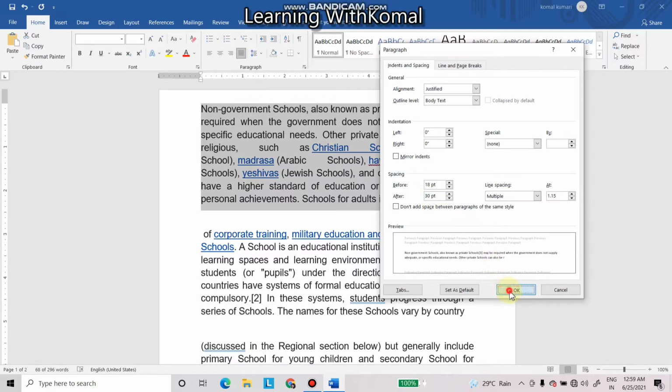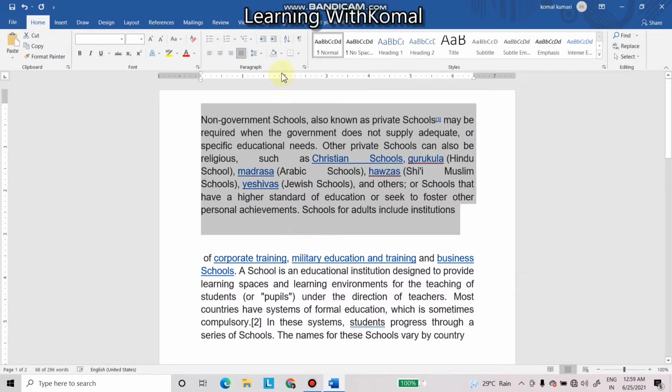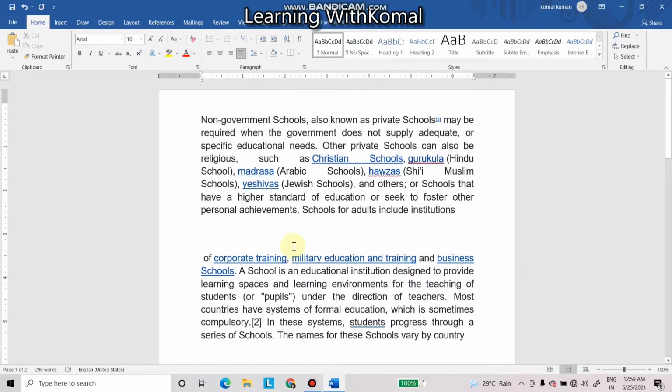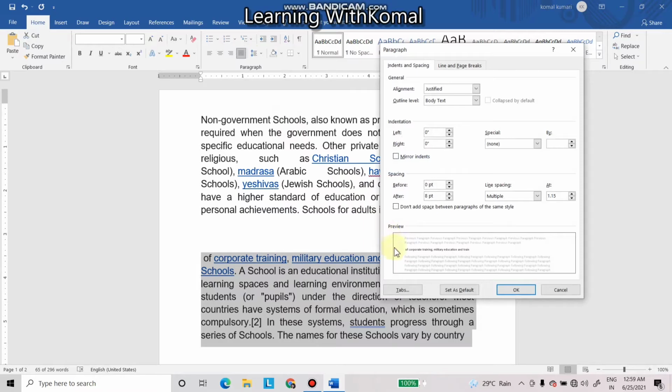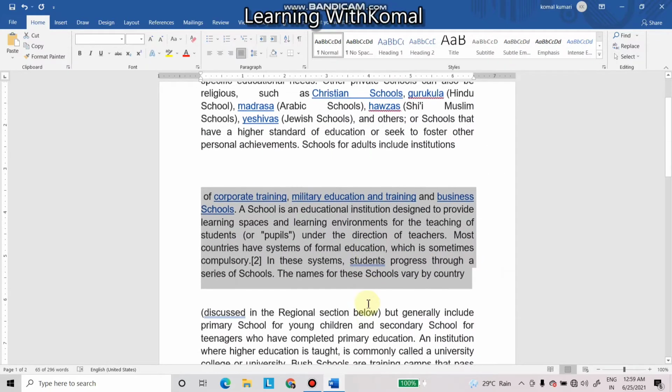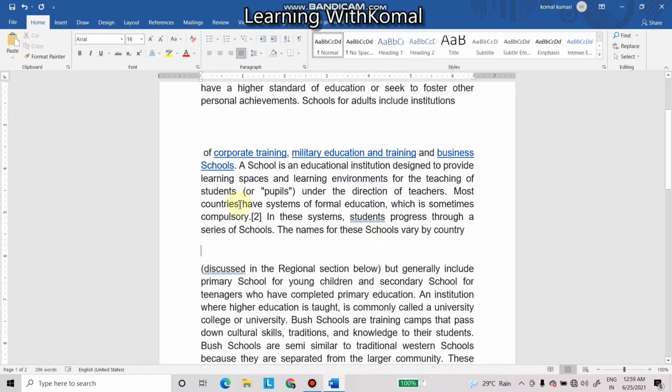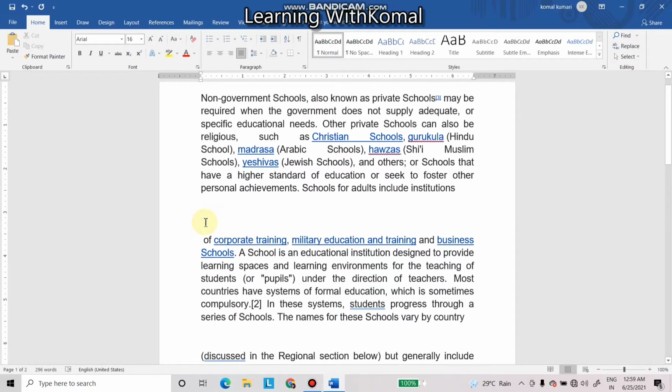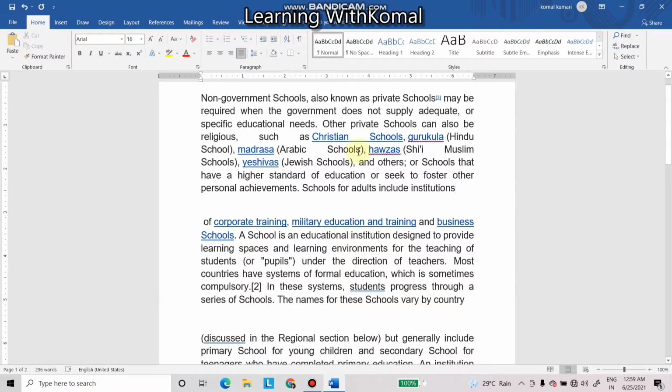So now we will click on OK. See, the space between these two and these two has been increased. तो इन दोनों पैराग्राफ के बीच में क्या हो गया, स्पेस जो था वो हमारा क्या हो गया, बढ़ गया. Now if you want to decrease the space, so again we just select it, go to here line spacing option, here we will decrease. Before को और क्या कर दो, कम कर दो, है ना, कम कर दो. After को भी क्या कर दो, कम कर दो, ऑटो कर दो. So the space between them will be decreased. So from here we can increase or decrease the space between the paragraphs.